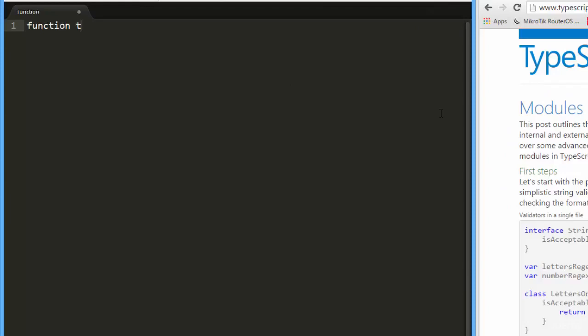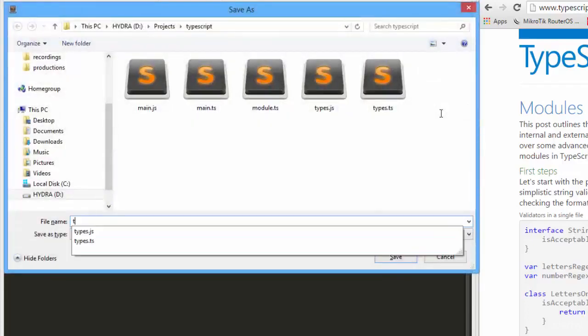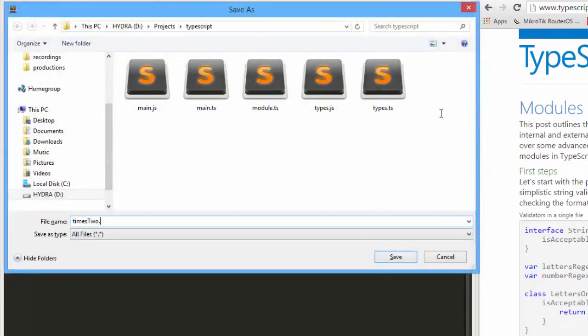Let's just write a function, and we'll call that function times2, and it will take a variable n, and it will be called a number. By the way, to code along with this at home, just create a new text document in any text editor. So the function times2 will return n times 2. Now we'll save this, and we'll just call this